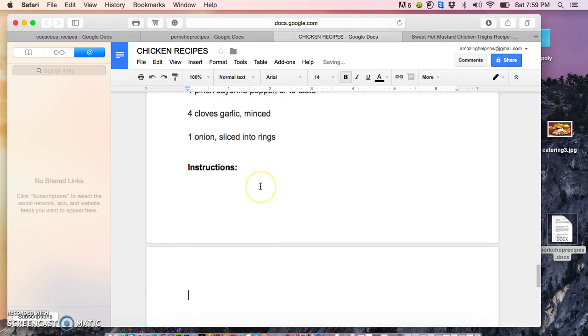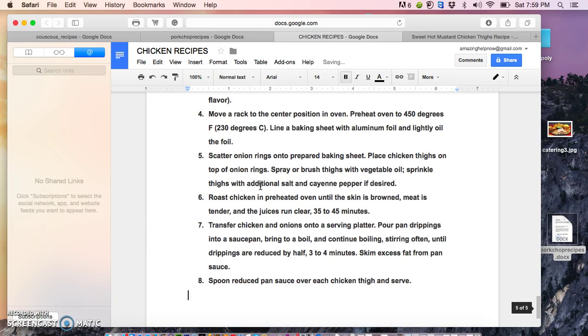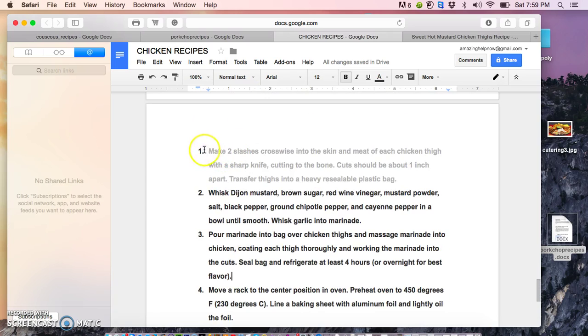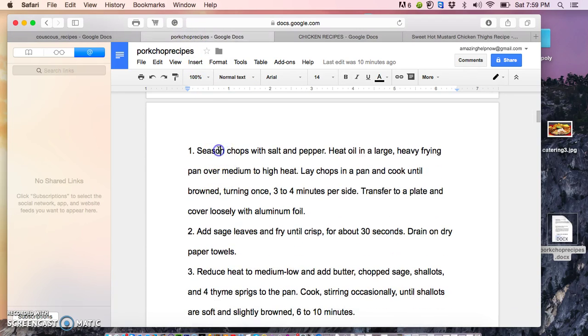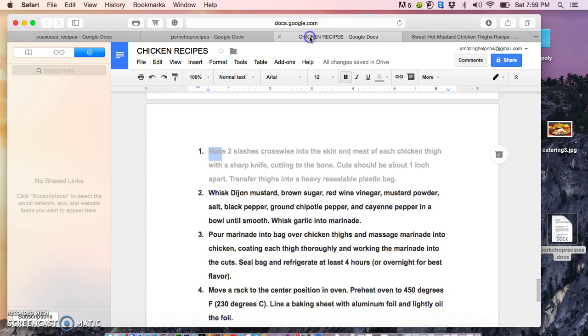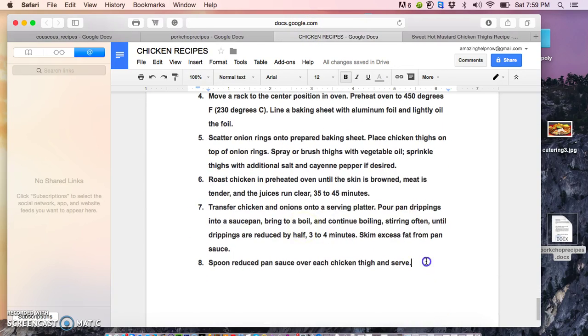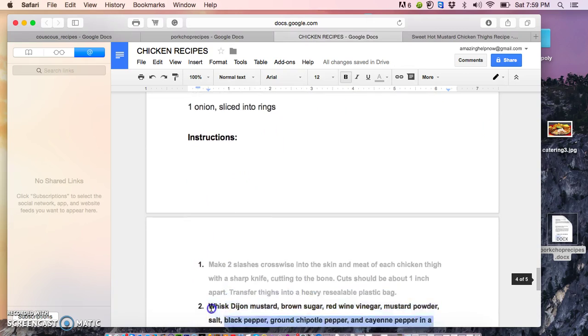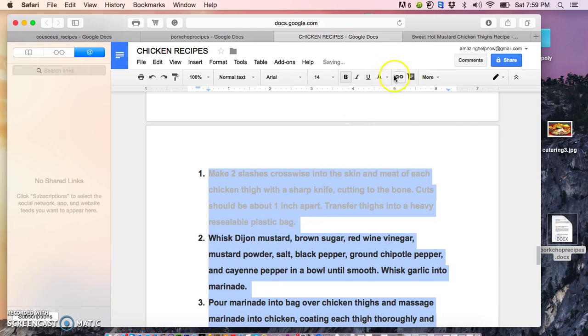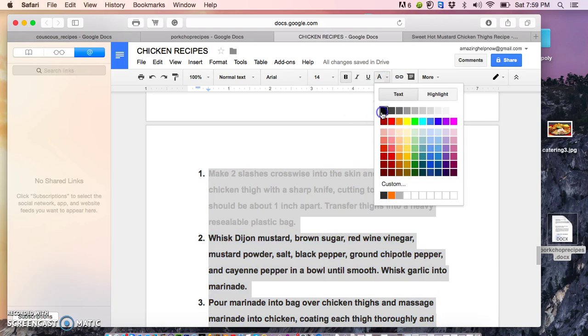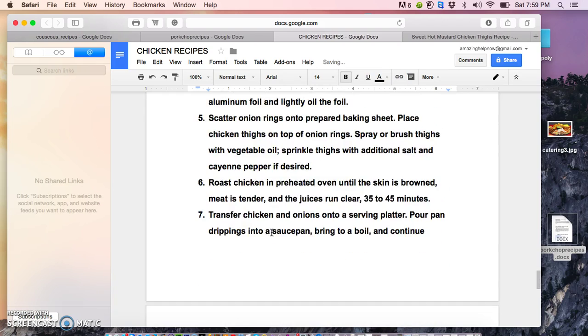Bam, go under instructions, copy and paste those. And same thing, we're going to look right here. See, those are in 14 and in Arial. Okay, so just going to highlight that, change them to 14 font, and make sure all the colors are the same, black. Okay. Now,